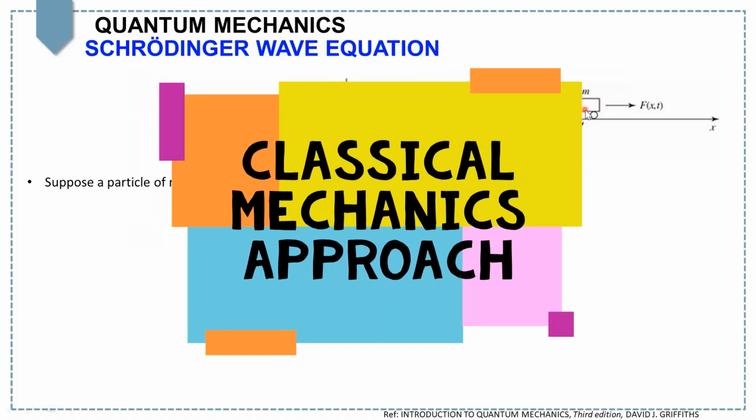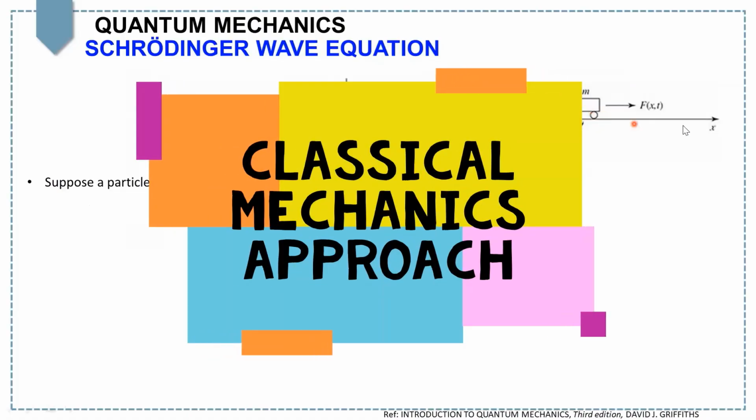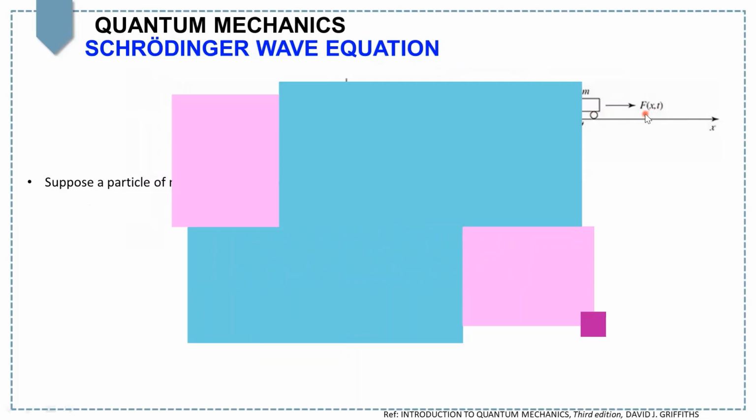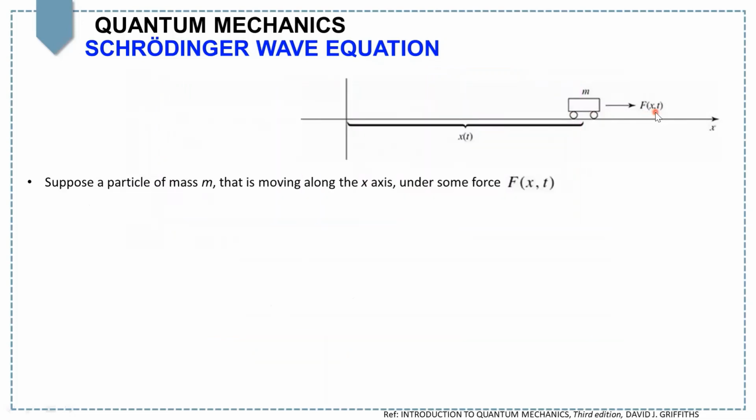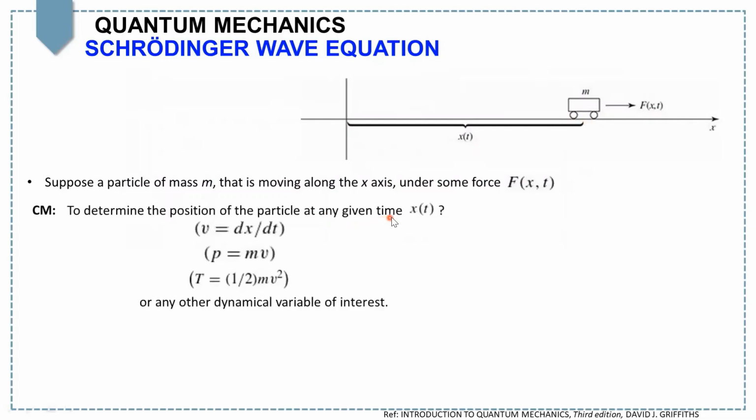Suppose there is a mass m that is moving along the x-axis under some force f of x, t. Now we want to find the position of this particle classically. Once we have the position of this particle classically, that is x of t, we can tell the velocity of